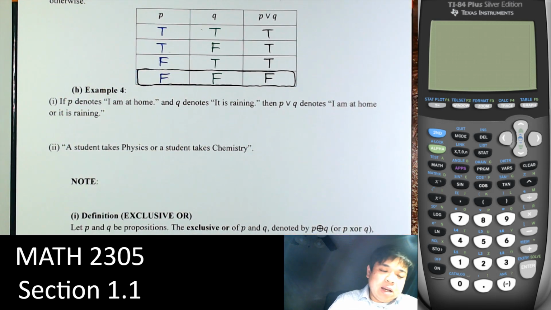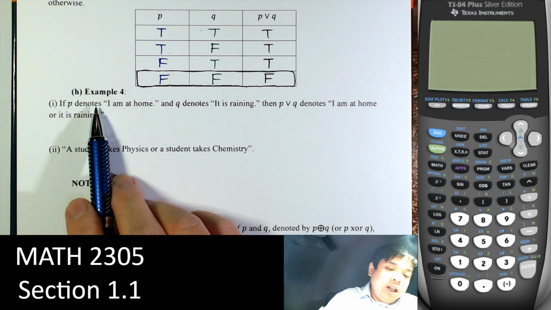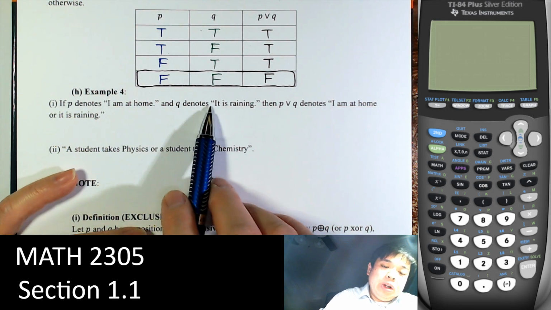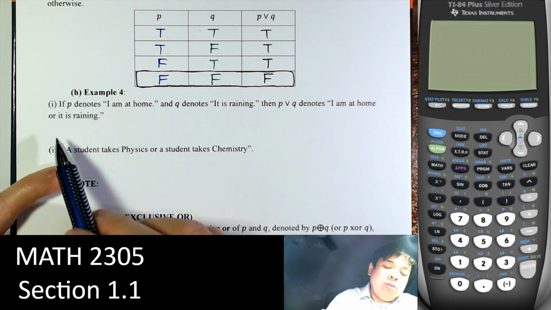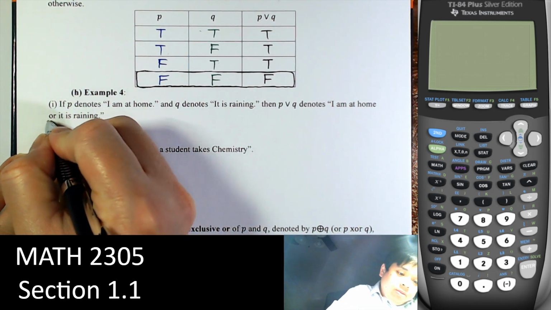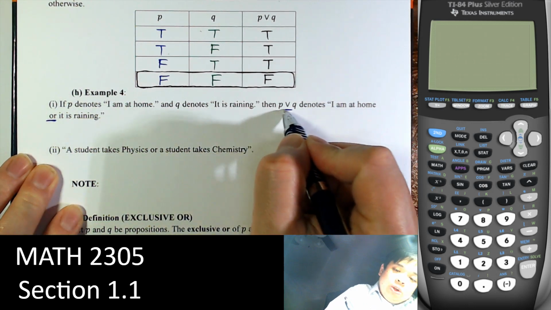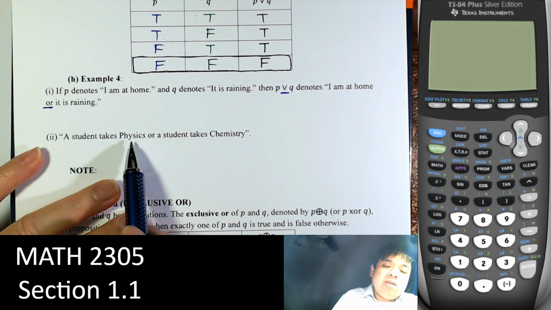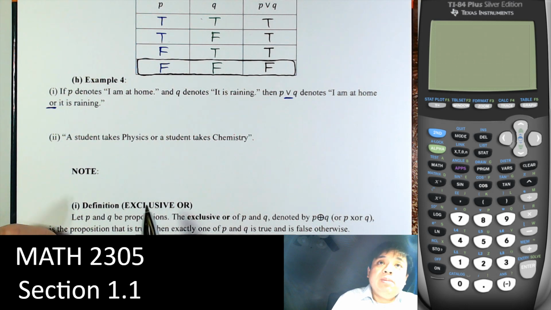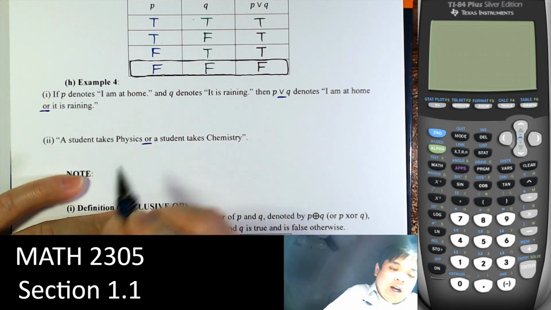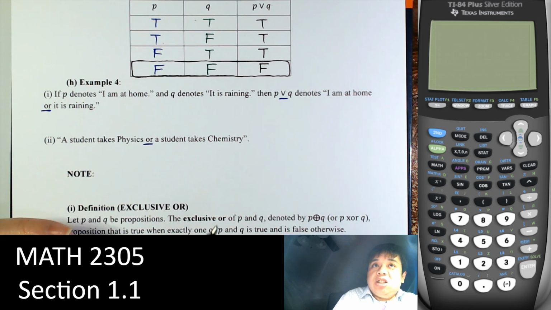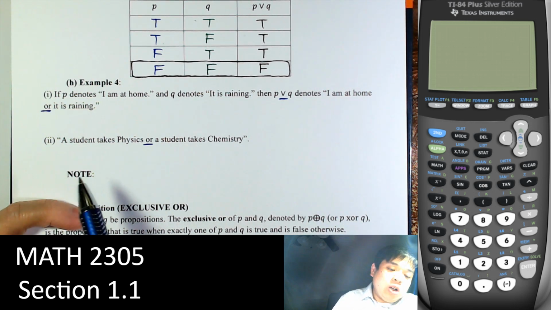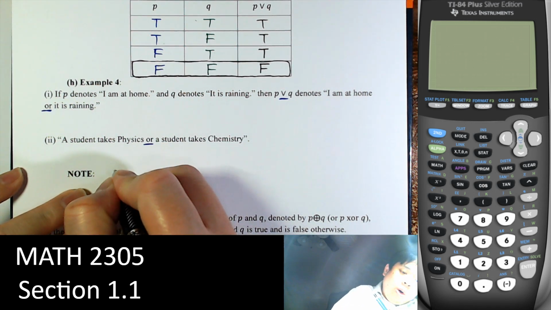Right, here's an example. If P denotes I am at home, and Q denotes it is raining, then P or Q denotes I'm at home or it is raining. So it's or, and we use that simple. Student takes physics or student takes chemistry. That's perfectly fine. But when you say it like this, a student can take both physics or chemistry, right? So that's what I'm going to write in the note: or,